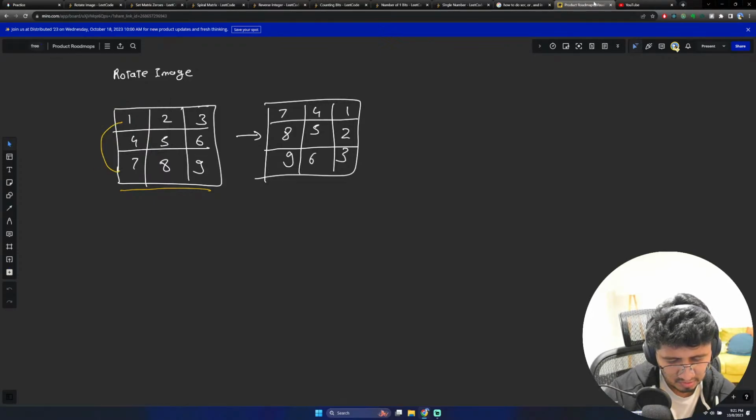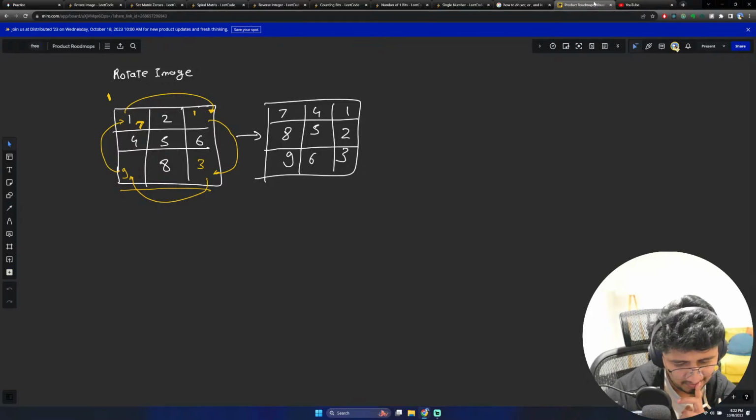So I transfer this 7 here, then this 1 is stored somewhere here, then 1 should go to this, then 3 should go to this, and 9 should go to this. So 9, 7, 1 will come here. I'll rub these out and then fill it with 3, rub this, fill it with 9. Okay, after doing this,